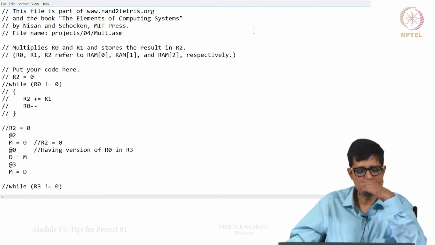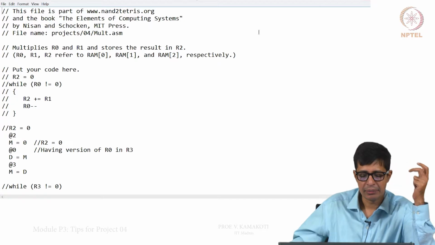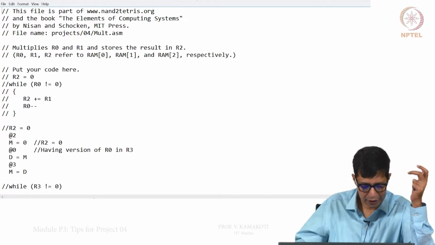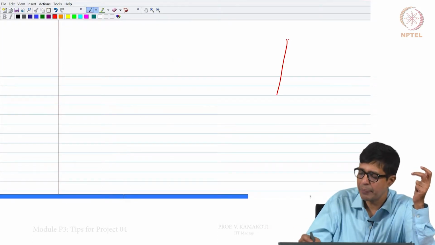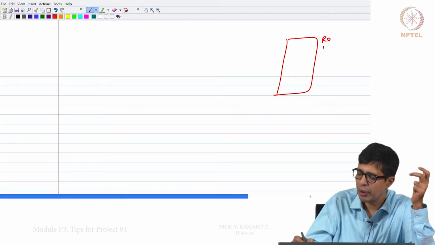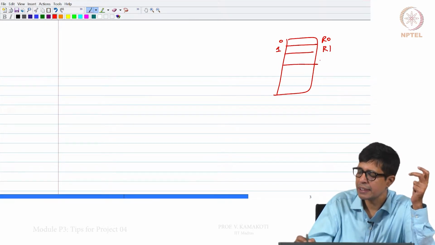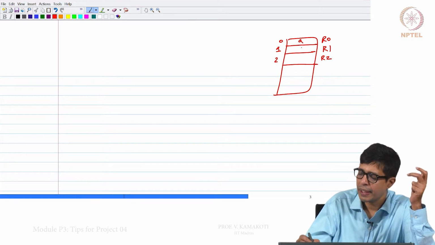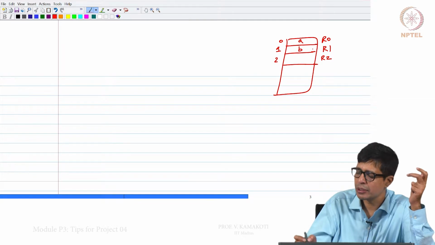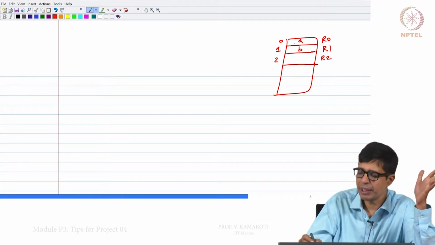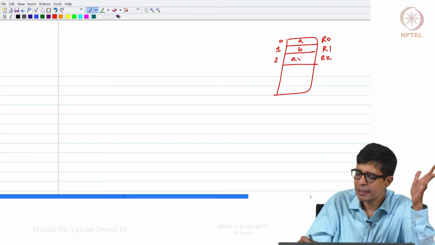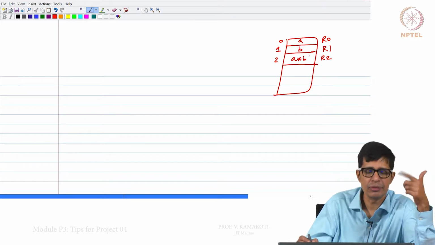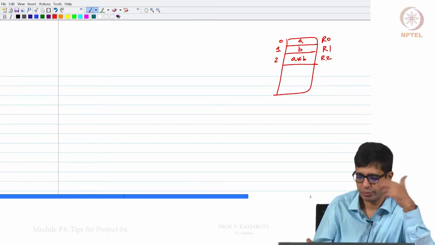It basically says that in the RAM I have R0 and R1 in locations 0 and 1, and there is R2. Let R0 store A, R1 store B, write a program that will take A and B and compute A into B and store it in R2.